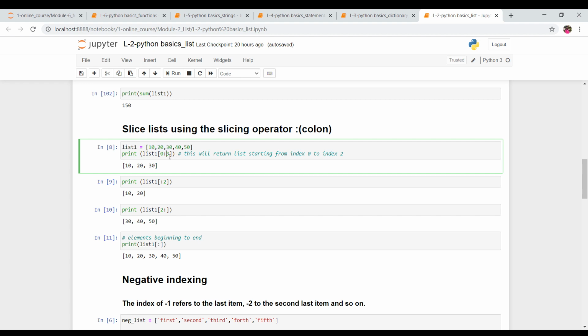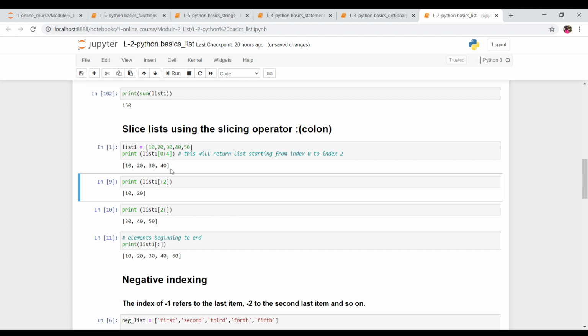If you want values up to index 2, you will write 3 over here, and if you want values up to index 4, then you will write 0 colon 5. Let me show you how. Let's suppose we want the first four values, then you just write 0 colon 4, and this is what you'll get, right? Always write one more value in the index.